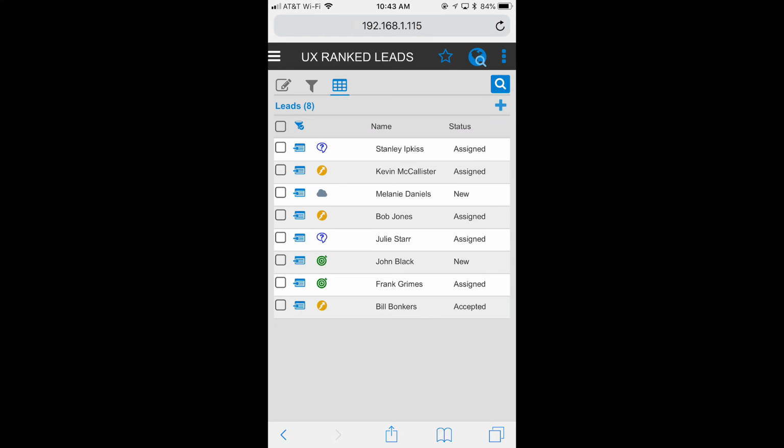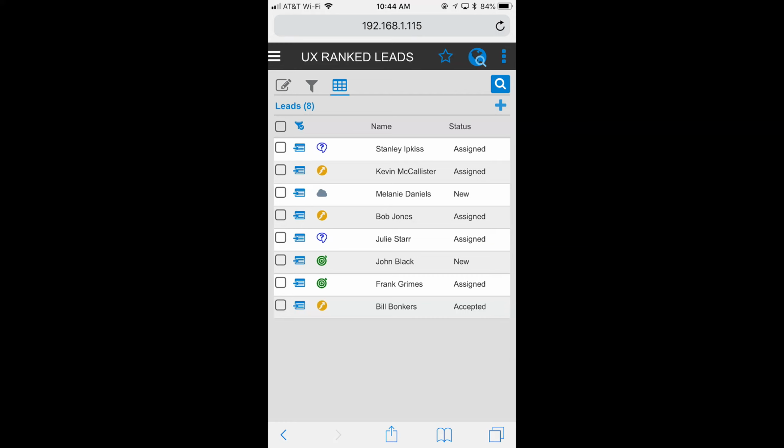Some of these leads have a storm cloud associated with them. Well, that storm cloud could represent that it's probably not going to be a good win for us, based on the fact that when we're selling this particular product type in this market space, we don't do very well. So we can use this information to help us graphically determine where we should be focusing our